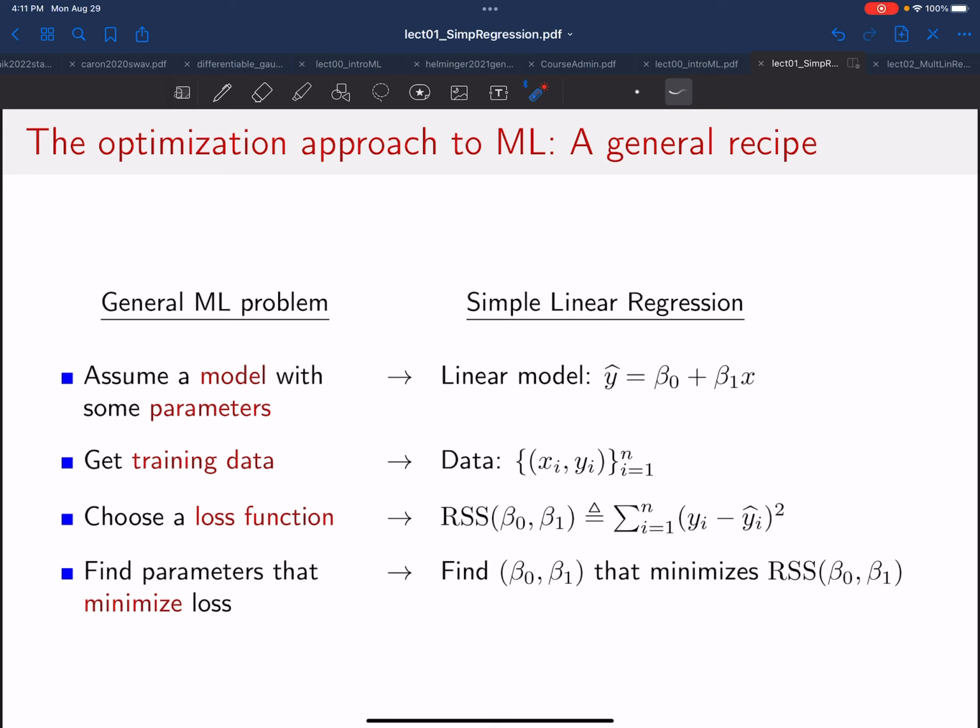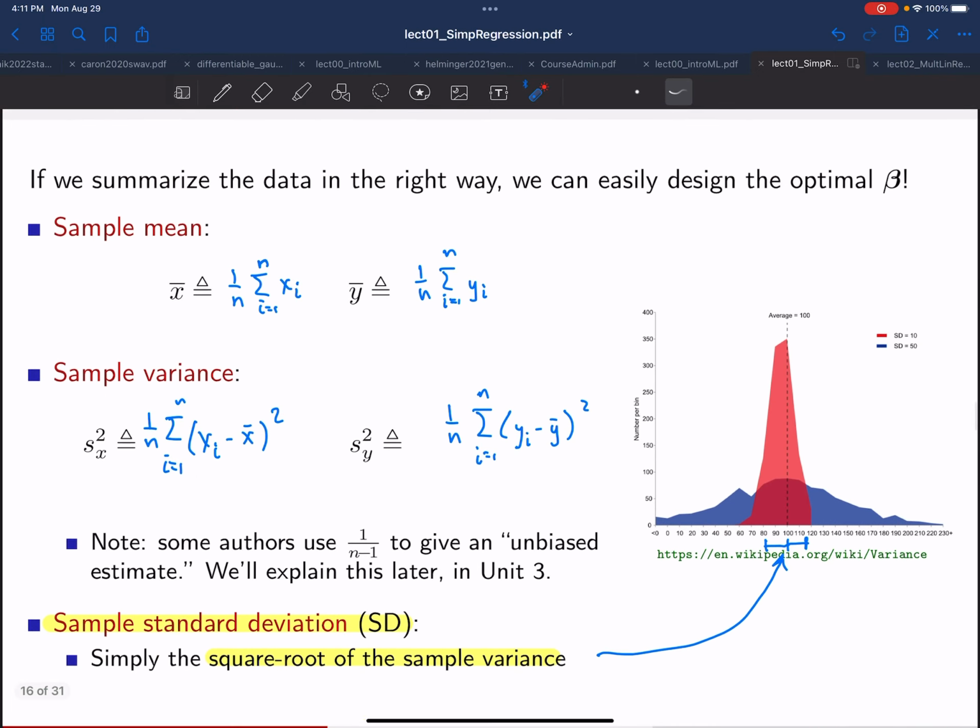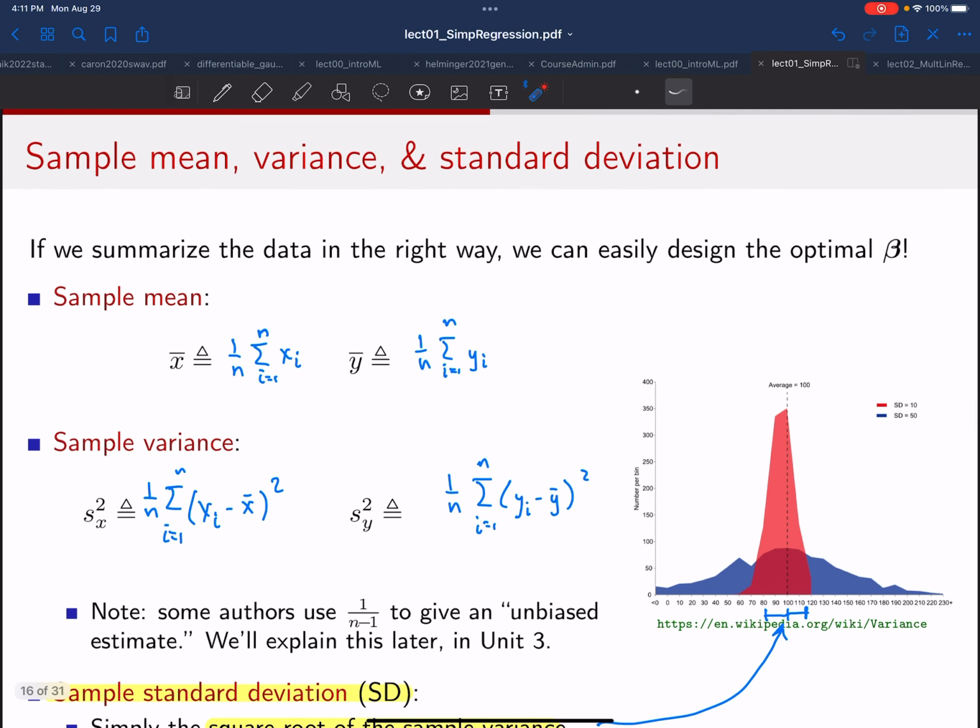And then the last thing, which is what we're going to work more on today, is finding exactly those coefficients, the betas, that minimize this loss on our data set. So in preparation for figuring out how to do that minimization, we learned about a few simple statistics. Again, statistics are summaries of the data, and we'll see that we can go through the derivation of those betas, the optimal betas, and we can use these statistics to greatly simplify our derivation and actually give it a lot more meaning. So we first learned about the sample mean, which is just the average of a set of quantities